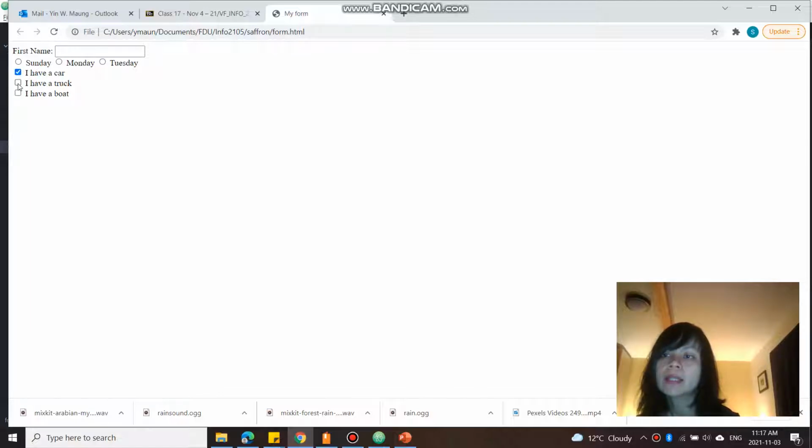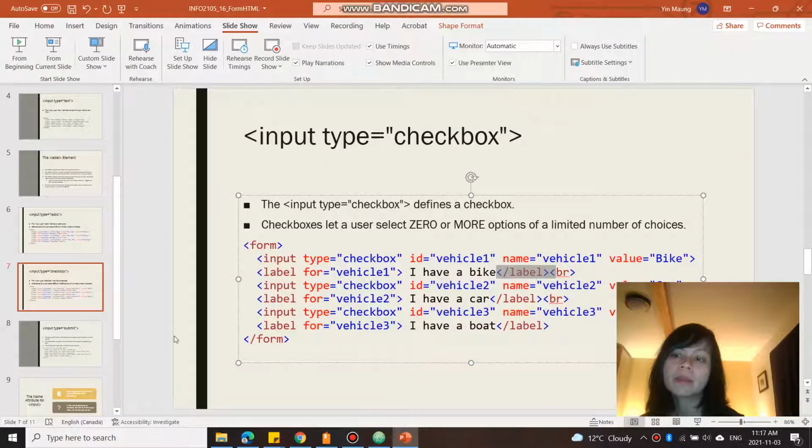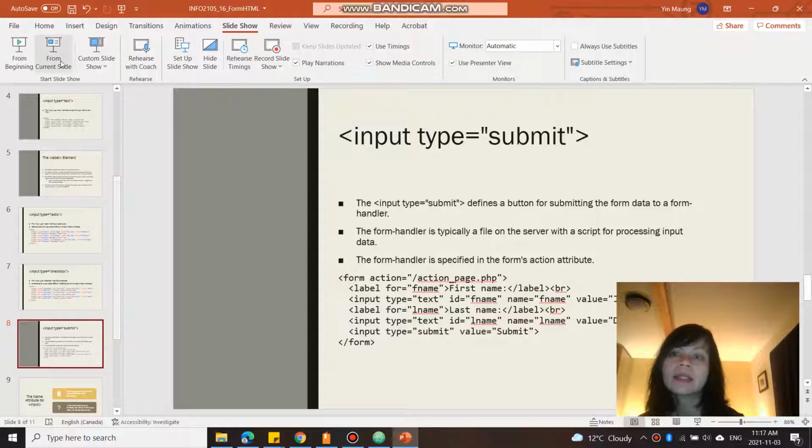So with the checkbox, I have a car, I have a truck, I have a boat. You can check all of them or none of them. But with the radio button, you have to check at least one of them. All right? Okay, so let's go back to the PowerPoint and take a look at the